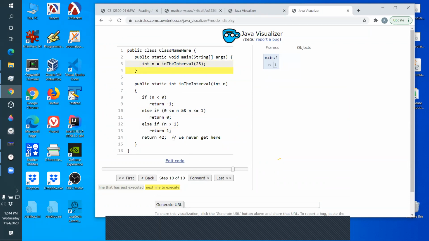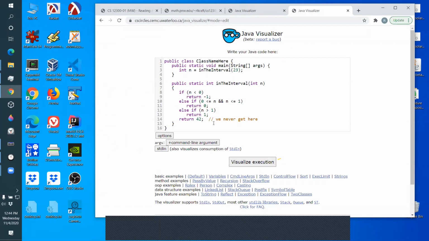Okay, notice there's a little comment here that says you never get here. Now, let's see, why is that the case? Why do we never get here? Well, you're accounting for every single possible integer in the if and then else if statements. Even though there's no catch-all clause here, there's no default clause, any integer is either going to be negative or it's going to be,